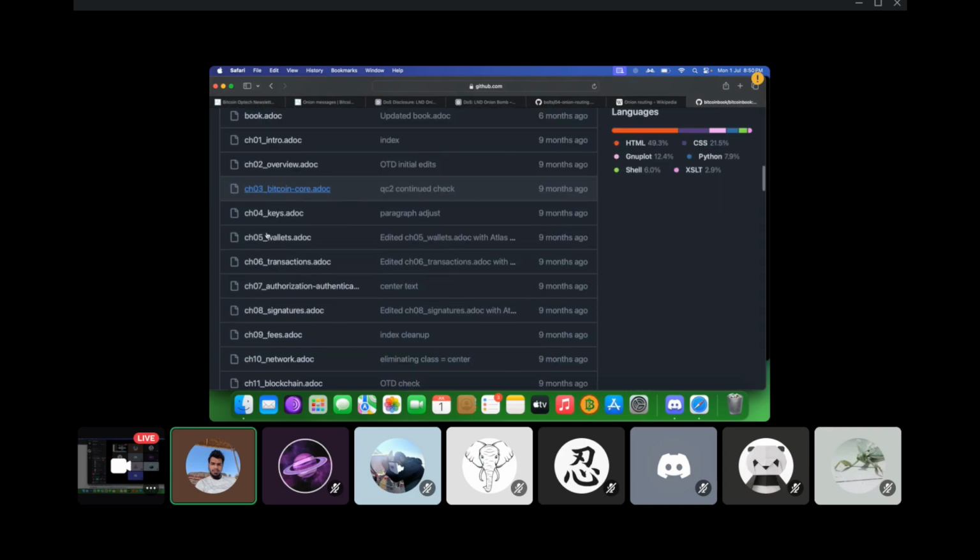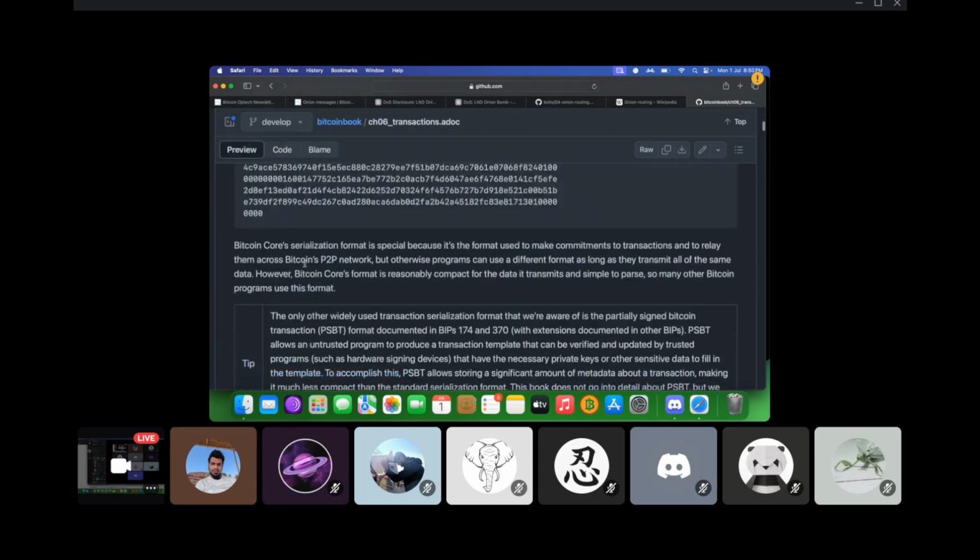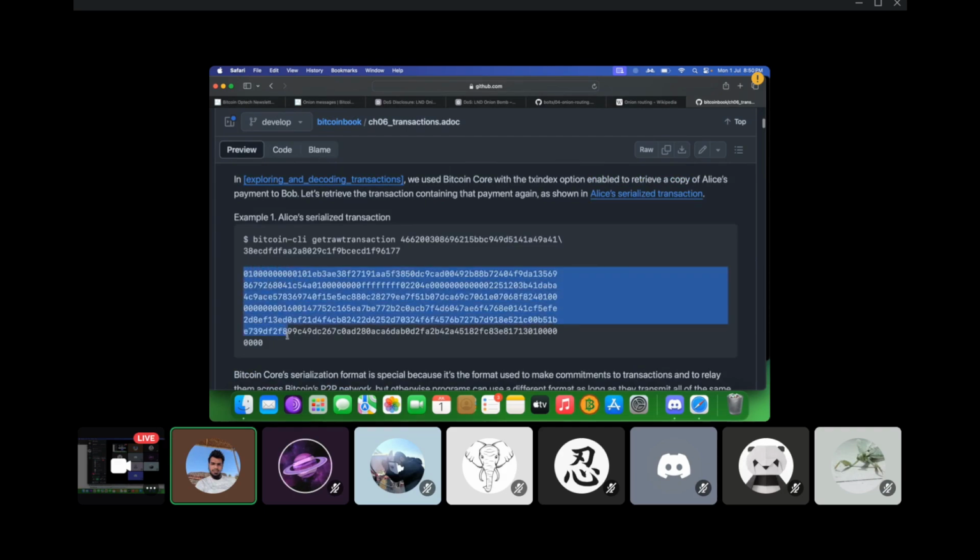Yeah, there's an entire chapter dedicated to the anatomy of transactions in Mastering Bitcoin, where you will learn in detail what a transaction looks like. So this is what a transaction looks like. If you all run through chapter 2 or 3, I believe, you will run a node on regtest. When you run a node on regtest, you can do this testing.